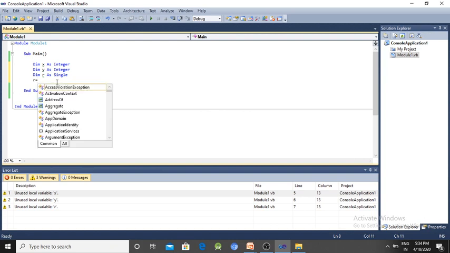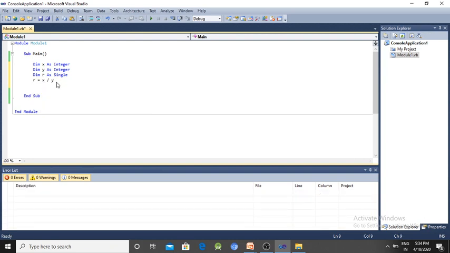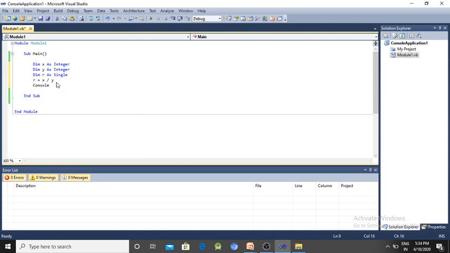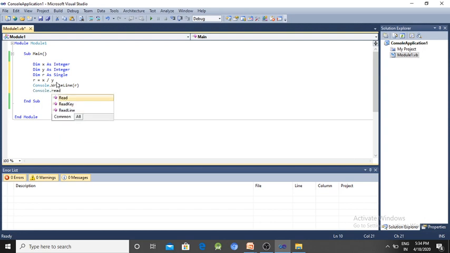So r equal to x slash y. Then to find the output, the Console dot Write function is used to print the value of r, then Console dot ReadLine or ReadKey is used to hold the screen.